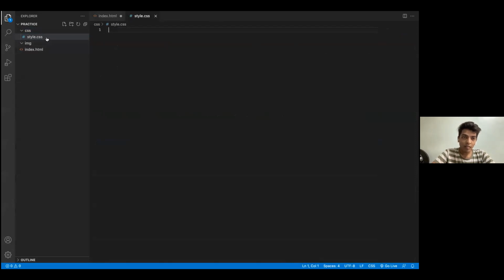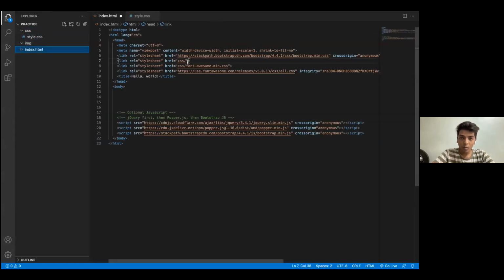Now, as you can see, the file is empty. I'll go back to my index.html and write out style, and it is visible here. I'll click it, and my style sheet has now been integrated with the index.html file. Up till now, everybody is with me, right?